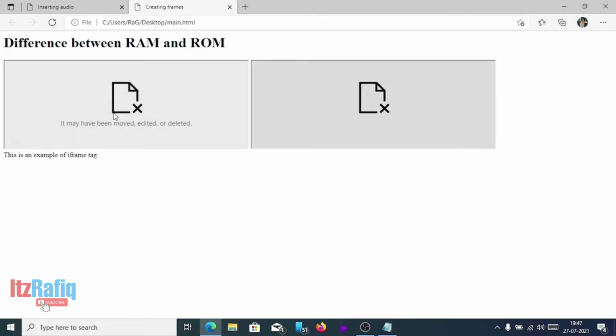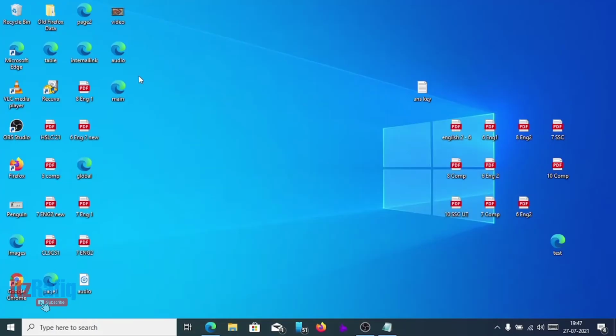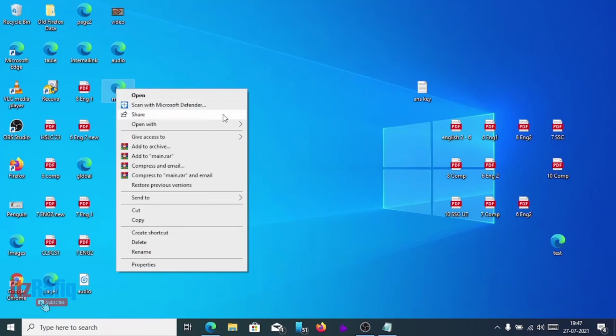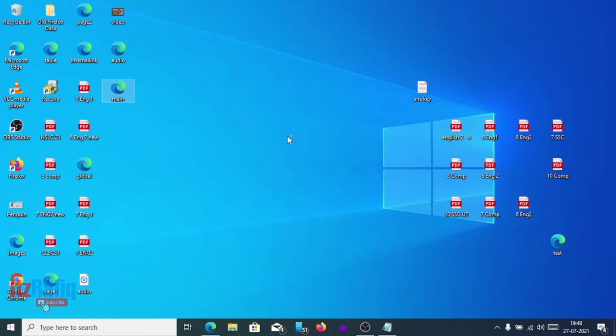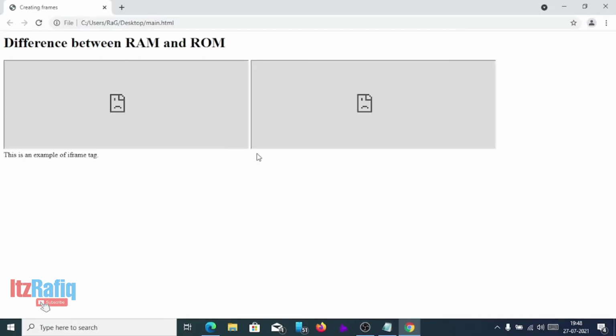It may have been removed, edited or deleted, whatever. It will display like this in Microsoft Edge, and if you open this page in Google Chrome, it will look like this.